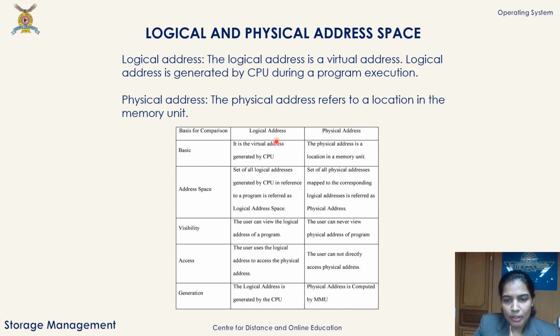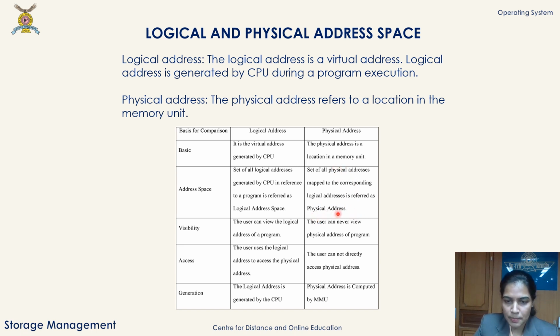The logical address is generated by the CPU and is a virtual address, while the physical address is the actual location in the memory unit. Address space: the whole set of all logical addresses is called the logical address space, and the set of all physical addresses is called the